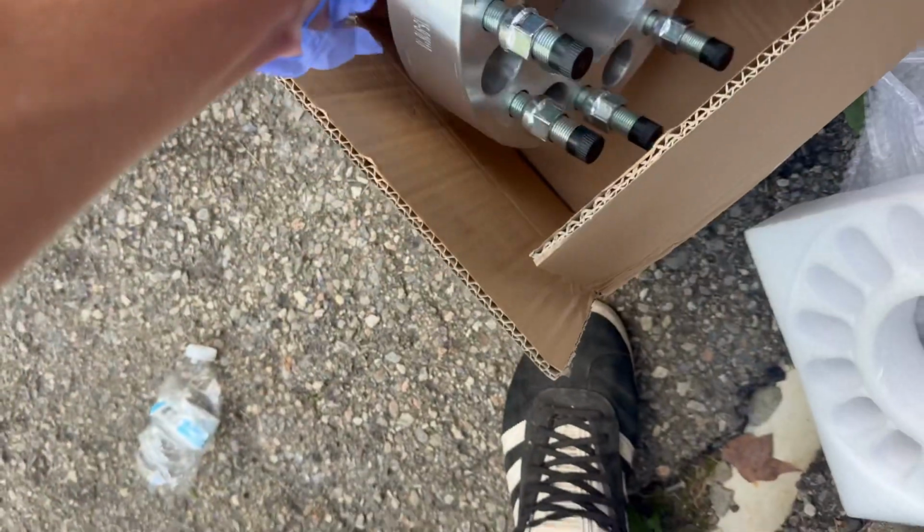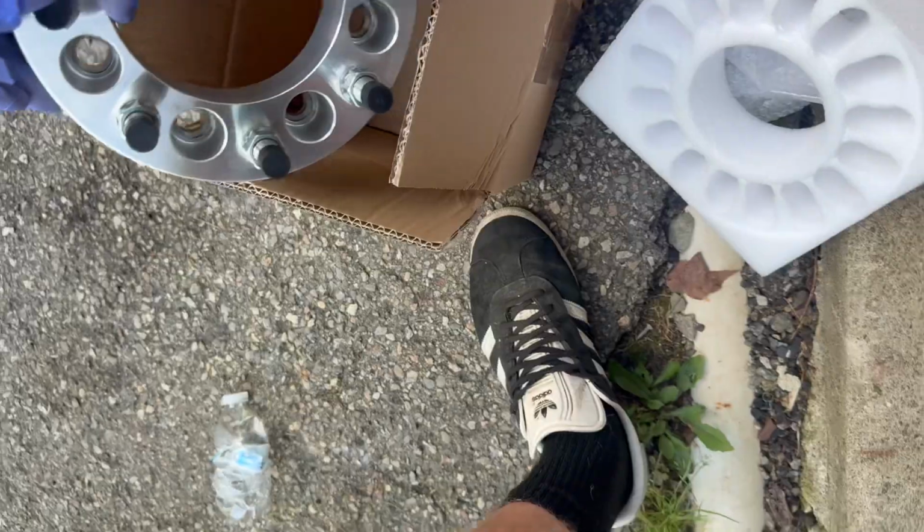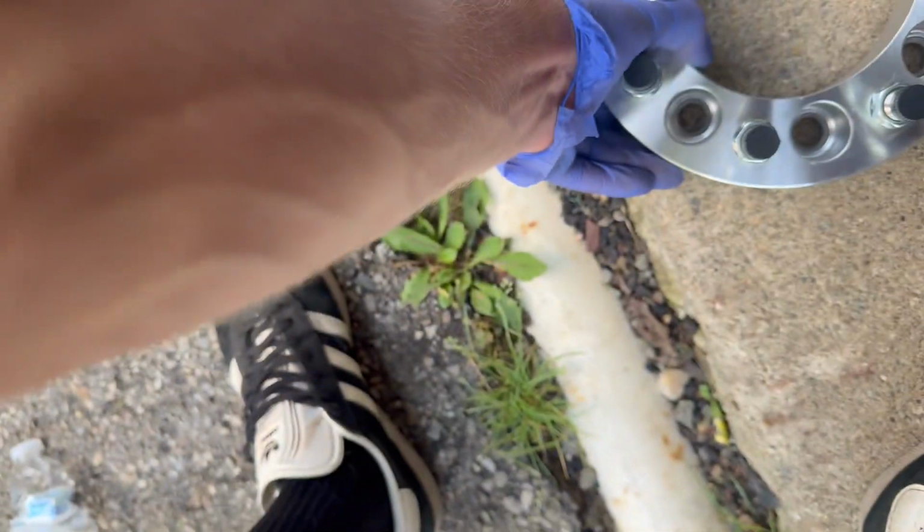Boxing stuff up. Not thrilled. Really wish this worked out, but oh well, live and learn. At least we can get our money back. Got to eat some restocking fees and stuff like that, but it's better than eating the whole cost, I guess. So annoying. Yeah, boxing everything up, and yeah, pretty unfortunate, honestly. Let's say we'll go like this,